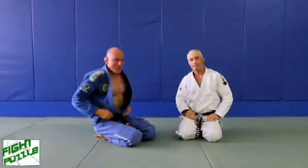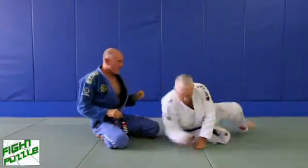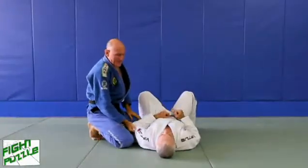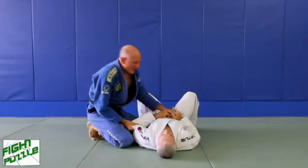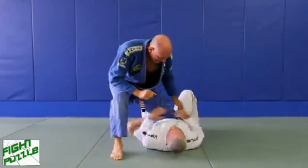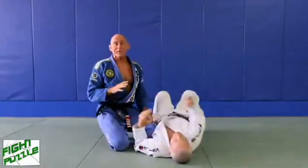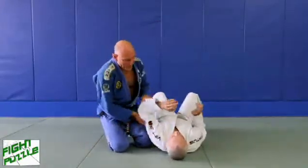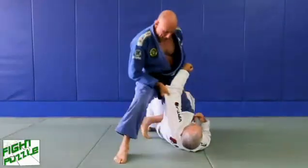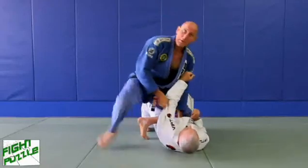Just to add a couple things to that, let's have you down, John. One of the reasons that this is a great technique is because by picking him up on the side, it makes it very hard for him to turn towards me. One of his basic escapes would be to just turn towards me and move away. Now, I may come down onto side control, but he'd be escaping the pressure of the knee. So to whatever extent I can always hold him up and lock it here so that he can't turn towards me, even if I don't do the armbar, it's a great way to hold the person and set up